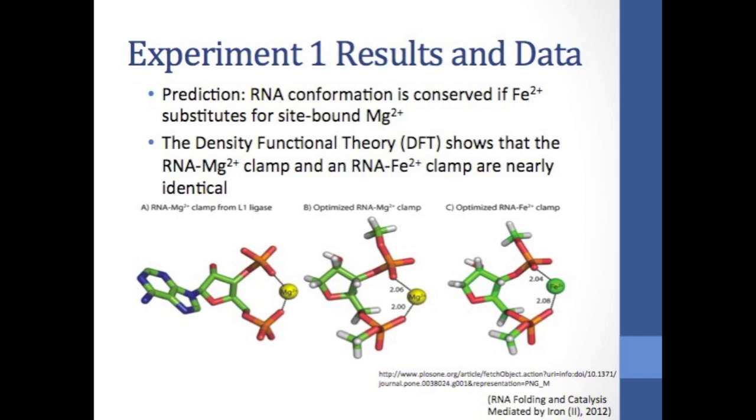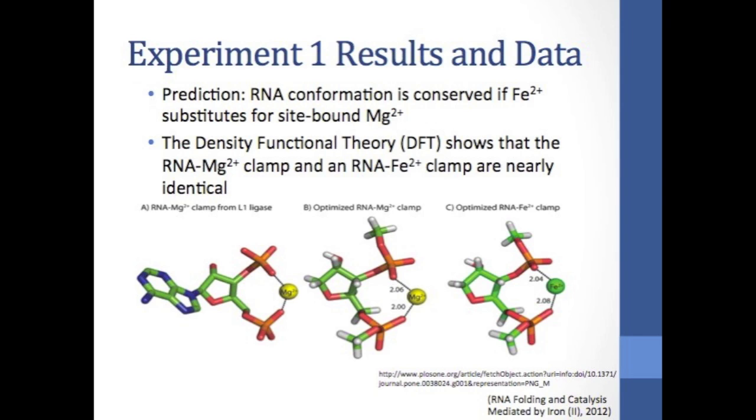This was determined by quantum mechanical calculations that showed that RNA conformation and coordination geometry are conserved when magnesium is replaced by iron in first shell RNA metal complexes. After making these calculations, they need to be experimentally tested. Basically, we're experimenting to evaluate iron 2+ in the absence of free oxygen as a replacement for magnesium 2+ in